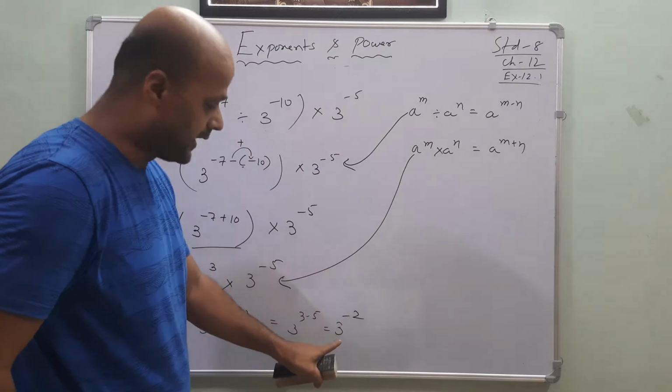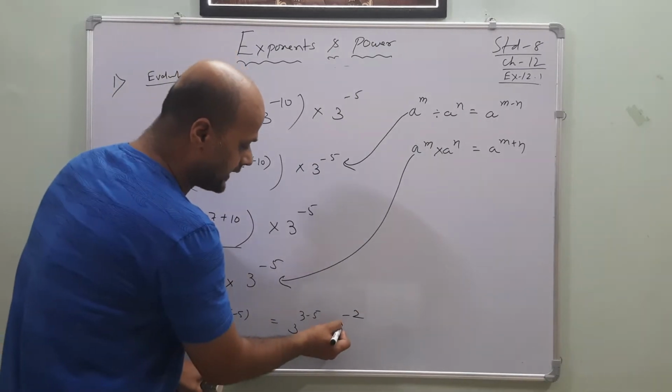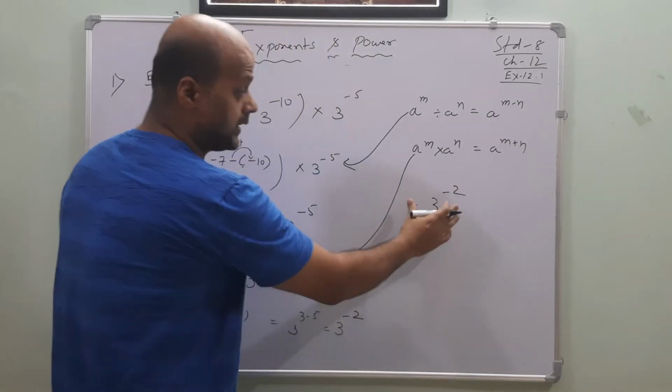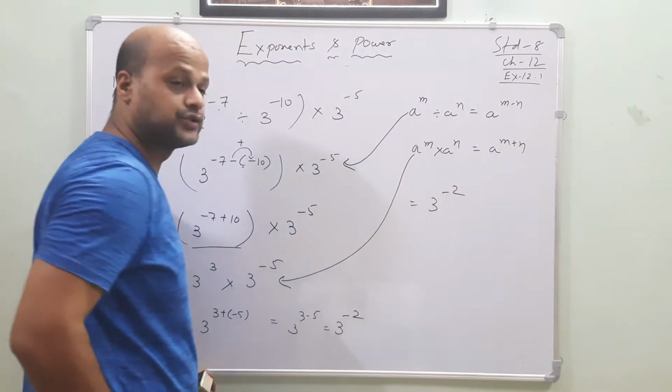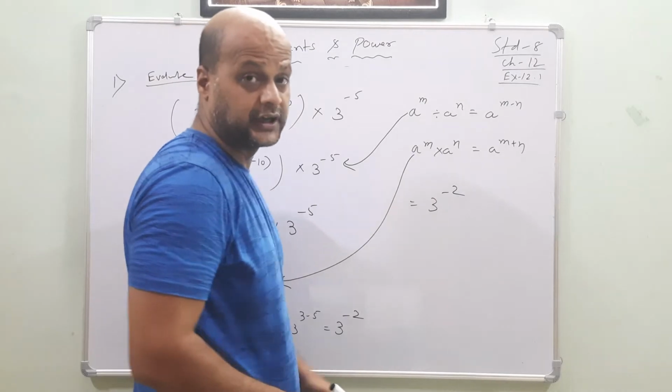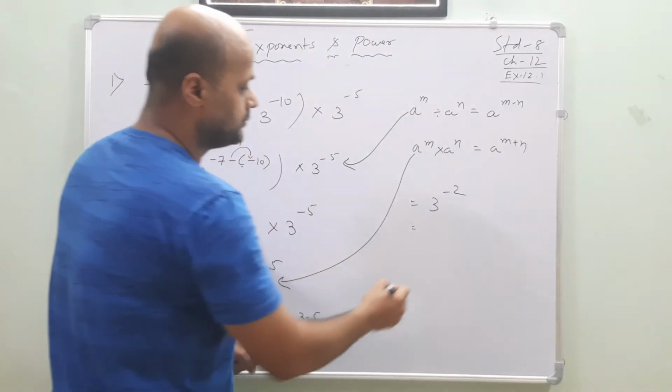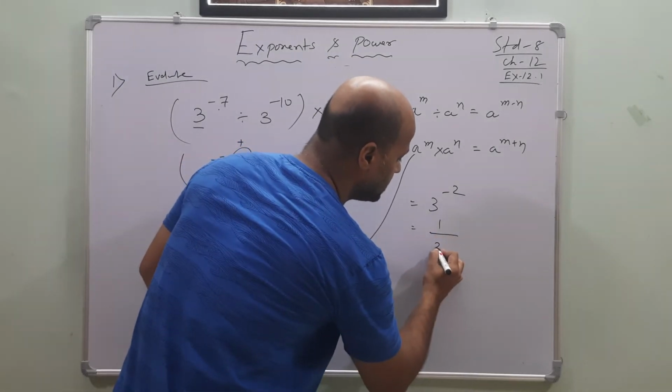Again, minus came here, my dear friends. If you want to take out the minus, what will happen? I have written this one on this side so that you can see it very clearly. So I have to take out the minus from the power, meaning 1 by 3 power 2.